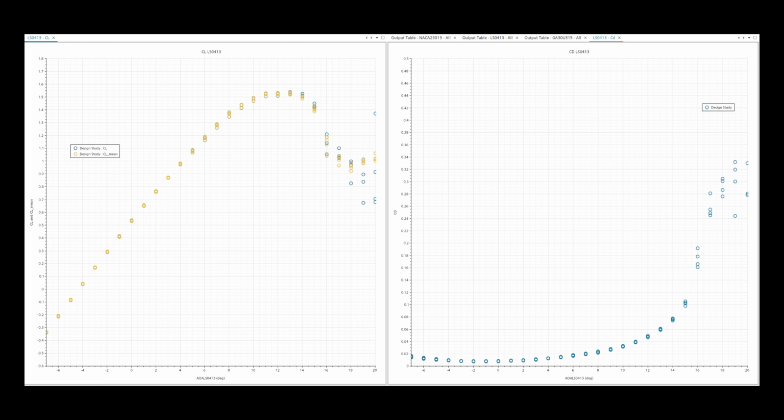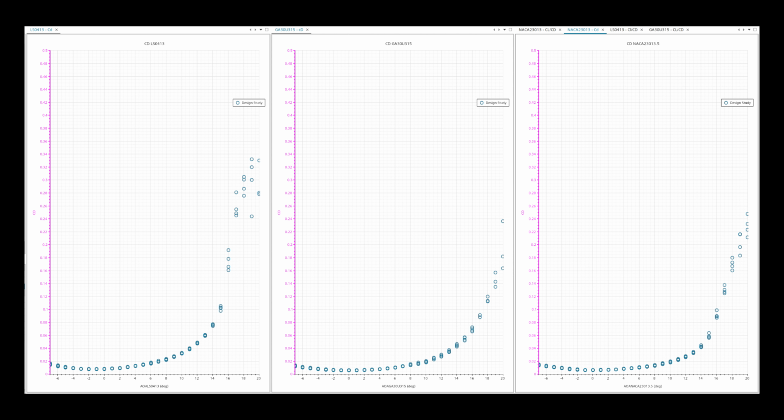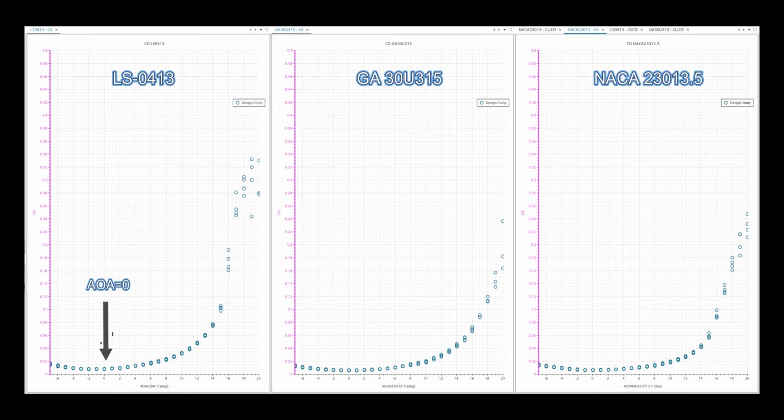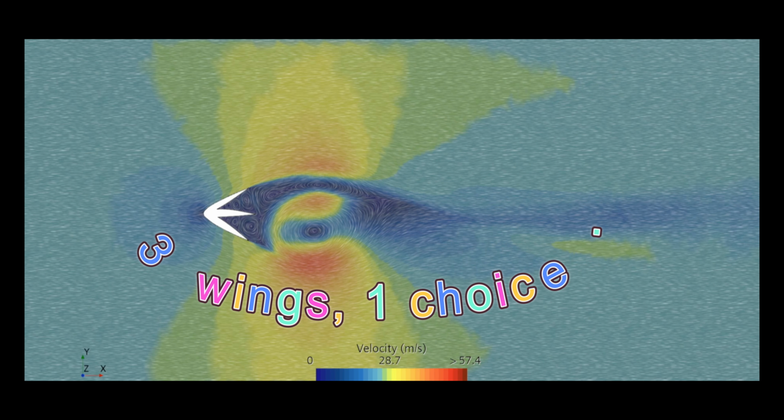1. Let's start with the most straightforward parameters, the lift coefficient, CL, and drag coefficient, CD. For assessing stability, the CD results remain consistently steady, reaching a minimum around zero angle of attack and forming an overall flat parabolic trend. As for CL, I used the same averaging method as in the previous video and compared